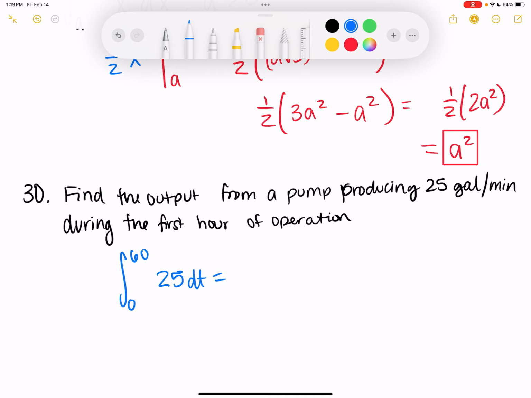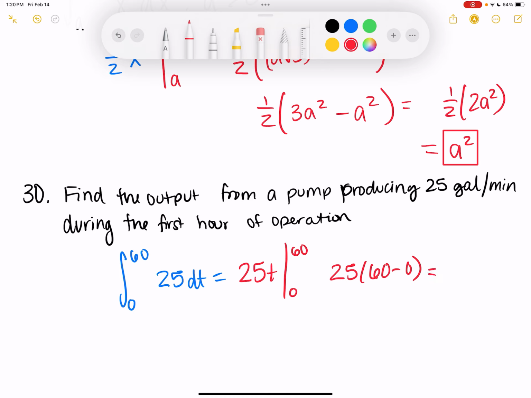So what's the antiderivative? T. I mean T. How dare you? 25t evaluated from 0 to 60. So this would just be essentially 25 times 60 minus 0, which I don't really need the minus 0,